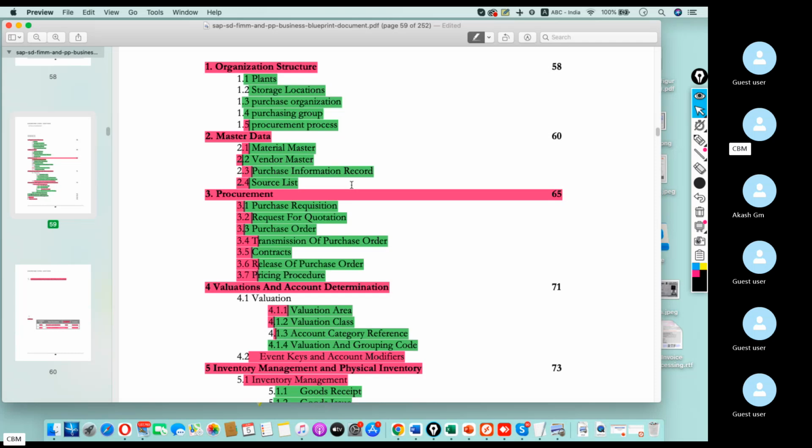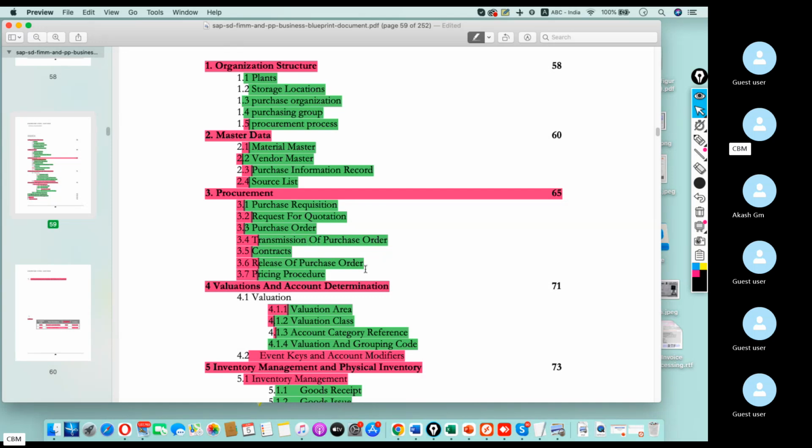And we need to understand the client procurement process. For that, what kind of purchase orders the client should be used, like purchase order types, requisition types, and for all this, number ranges also we need to gather. So here I given some procurement process related information: purchase requisition, quotation, purchase orders,